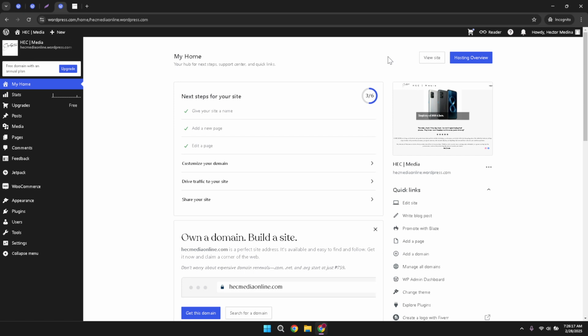On the right panel of your dashboard, you should see an area labeled Quick Links. Under this section, find and click Edit Site. This is going to take you to your site's editing interface. Now that you're in editor mode, let's move to the top left corner of the screen where you'll spot an